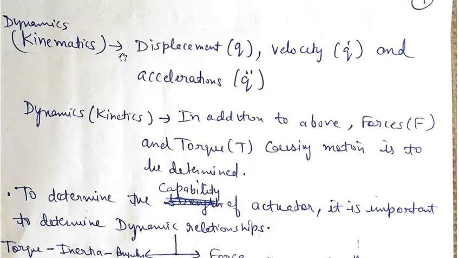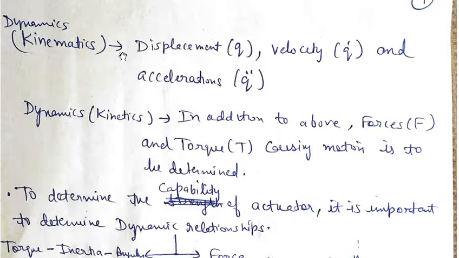Basically mechanics is divided into two parts, the statics and dynamics. In statics, we study the bodies at rest. That means every link, joint and end effector will be at rest, and we determine the forces which are acting on it and what are the internal forces acting on it. That is part of statics, which is not included in your course. So what we are going to do is the dynamic part.